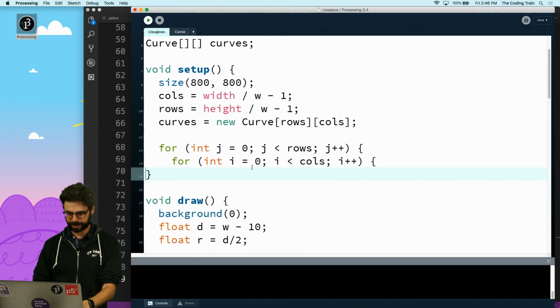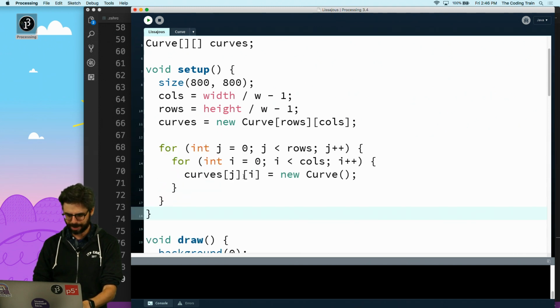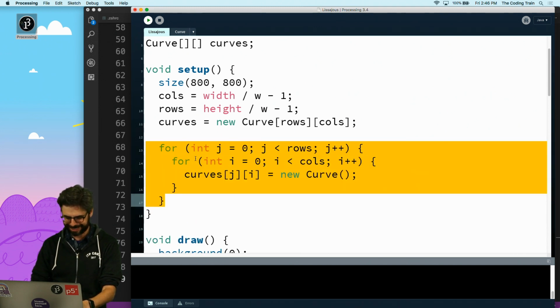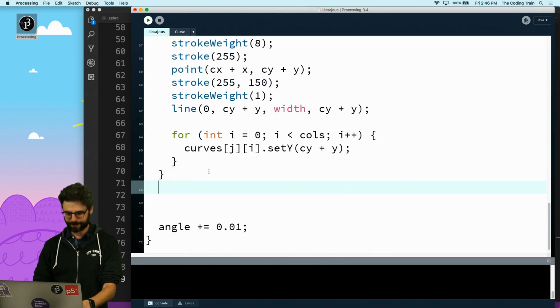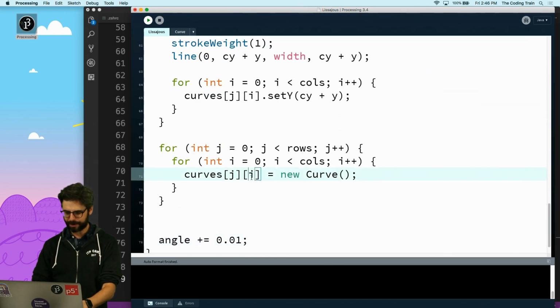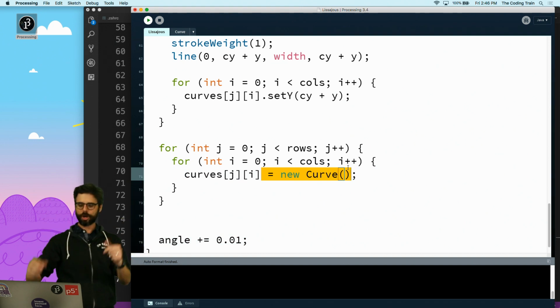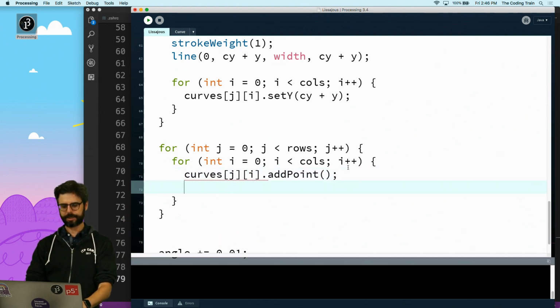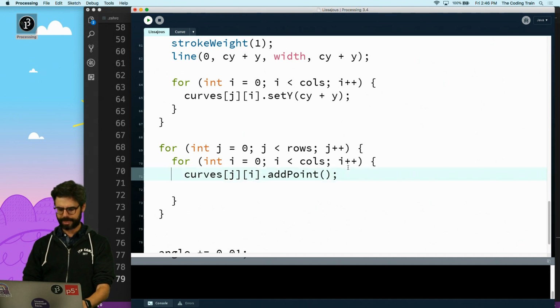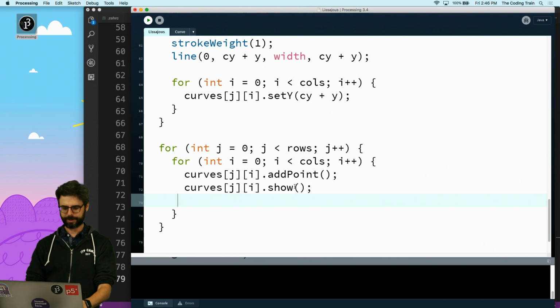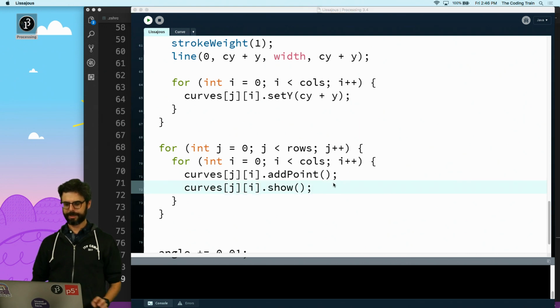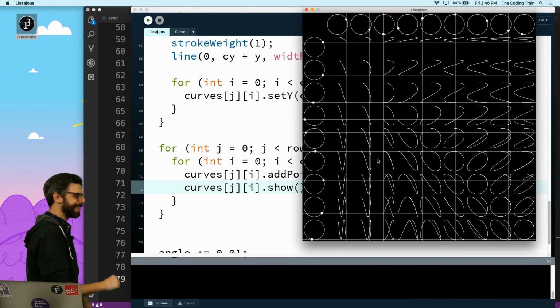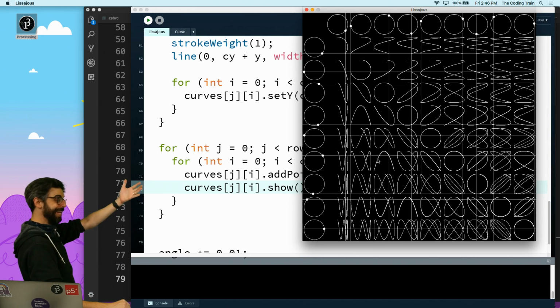Let's just actually look at this. No, come back to me. I'm going to copy this because I don't feel like typing it. I'm going to go all the way to the end. And now, this is before I made new curves, now I'm just going to say add point and what else? Show. Oh my goodness. Could this be it? Could this be it? Huh? Oh, look at that. There we go. Look, it's the Lissajous table.